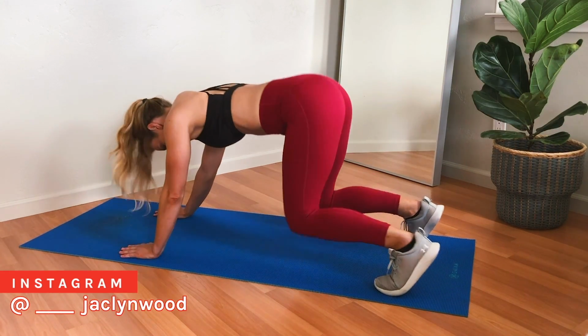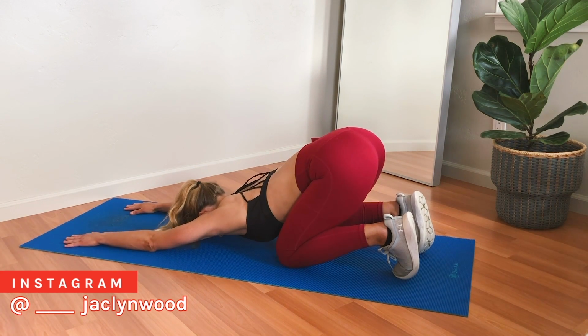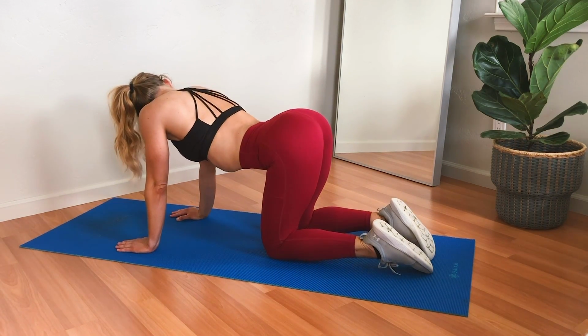And you are done. I'm just going to go into a modified child's pose here. My butt is sticking up really high in the air here. Normally you untuck your toes, but I just kept them tucked. And then you can move into some cat-cows. It will feel really nice after this, and you'll be